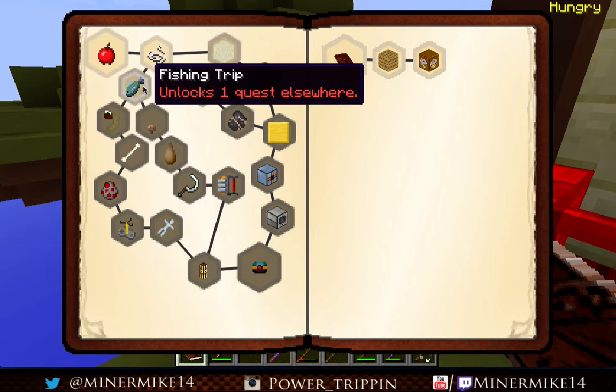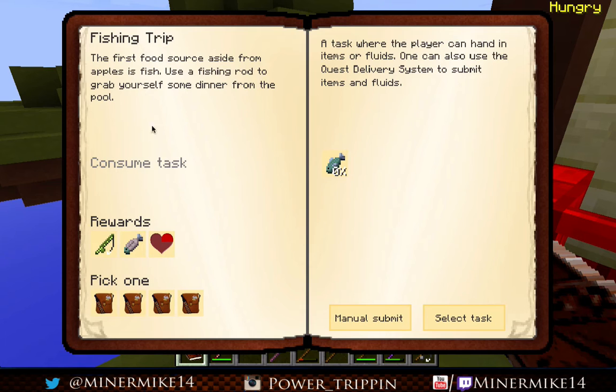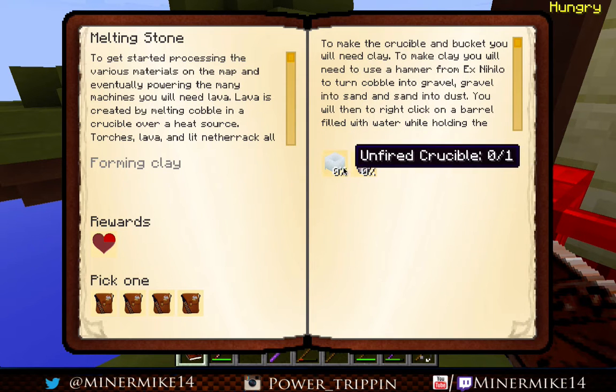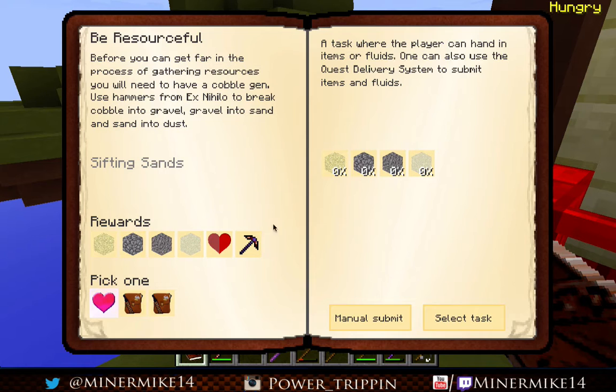So now we have 3 new quests we can do. Fishing trip, which we have to get 1 raw fish, which should be easy enough. Melting stone, which we have to make an unfired crucible and an unfired clay bucket. Okay, so that's for making clay. And be resourceful. So I think we're going to do the be resourceful one real quick. And the way we're going to do that